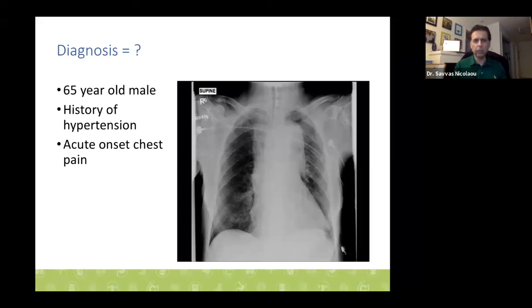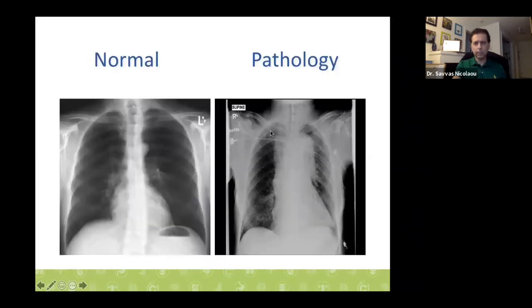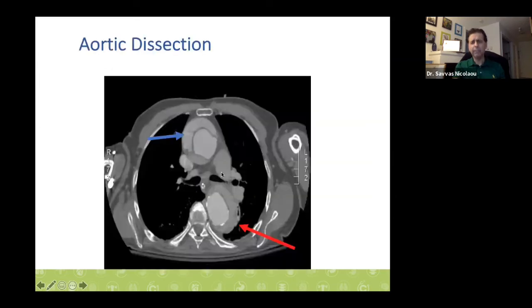Another diagnosis, 65-year-old male, history of hypertension, acute onset of chest pain, pain tearing to the back, asymmetric blood pressure measurements in the left and right hand, wider mediastinum, the patient's been intubated. In this particular setting, normal, abnormal X-ray, we have a dissection, different type of dissection though, tearing of the lining of the wall, which is the intima. We can see a false lumen, a true lumen. This is the intima that's been stripped off the true lumen that allows blood to percolate in the false lumen,